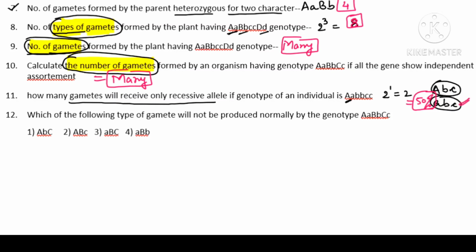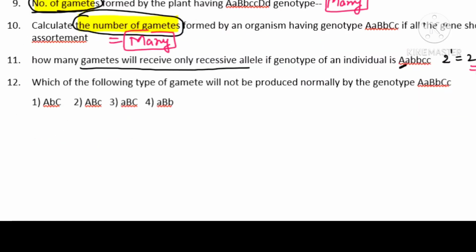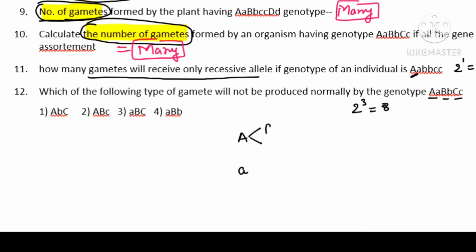Now this is one MCQ question given to you. Please try it yourself. I'm just giving you time, then I will discuss. Okay, now let me discuss with you. First of all, if you see, they are three heterozygous, all three. So you will make 8 types of gametes. Now see how you will make it. First of all, you will separate capital A from small a. Then you have to separate B also, giving fork lines to both. Then C also separate.